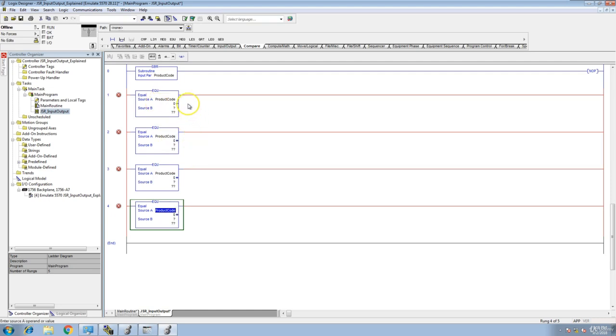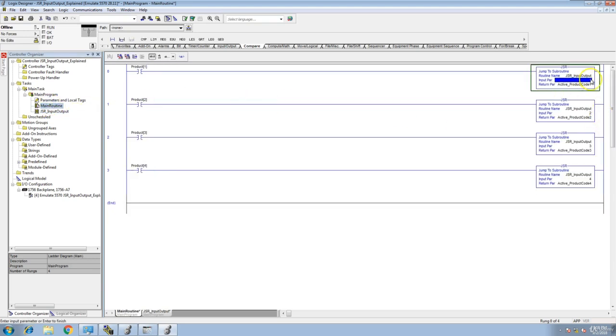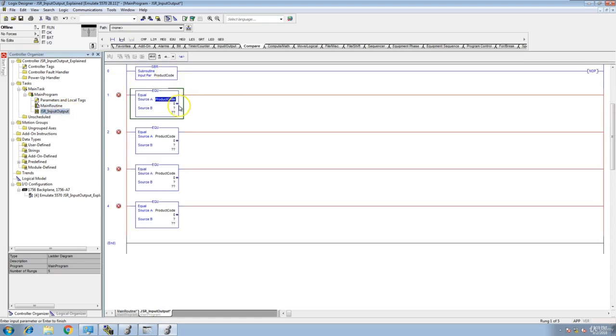We have 1, 2, 3, 4. We want to say, whatever it is going to be. So again, we have 1, 2, 3, and 4. This input is going to be loaded into this value, and then we're going to say if equal to 1, 2, 3, or 4, then we are going to index